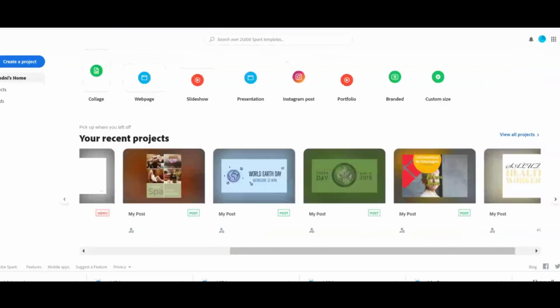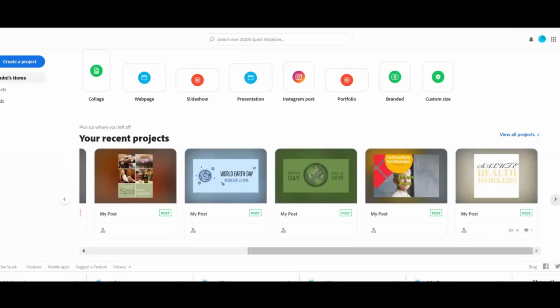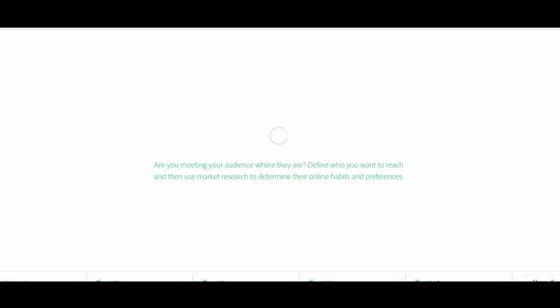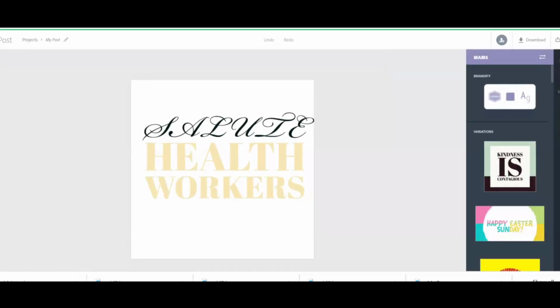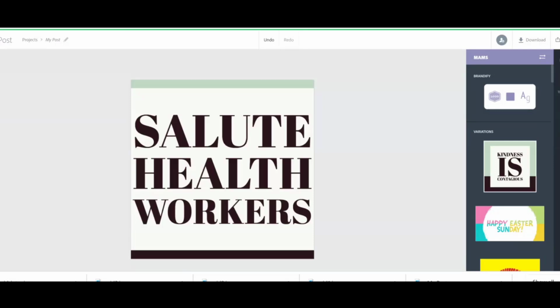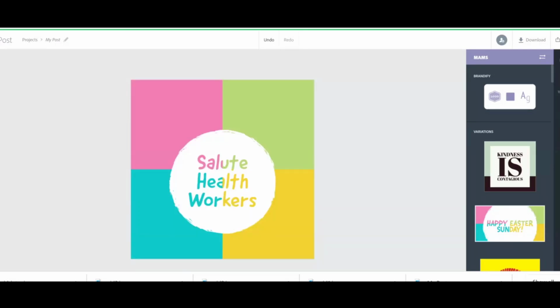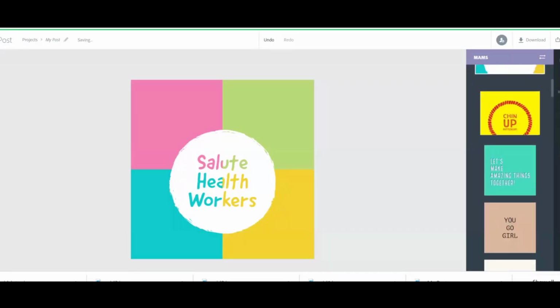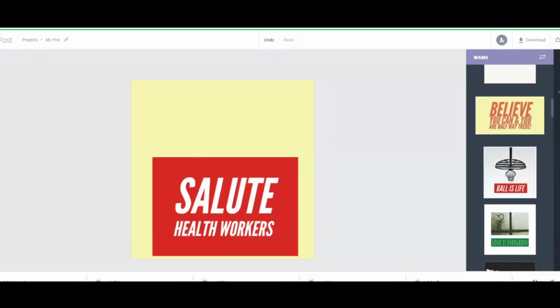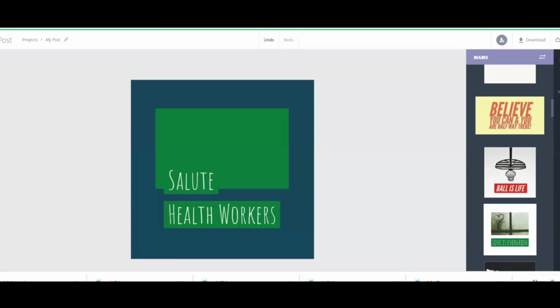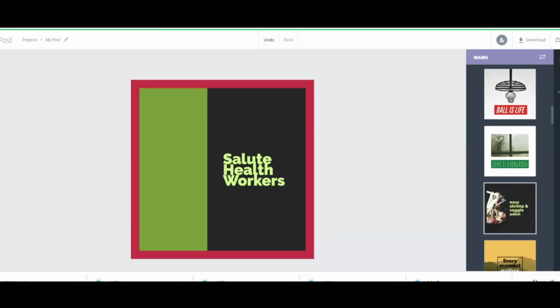So these are some posts I have created. You can create on health workers. Like this post was created for gratitude for health workers. So some of the posts are there. So this is up to you how you can show your work. You can create your post, create your logo. All these are with you, and you can create wonderful things. So this is all about the people who love creativity.